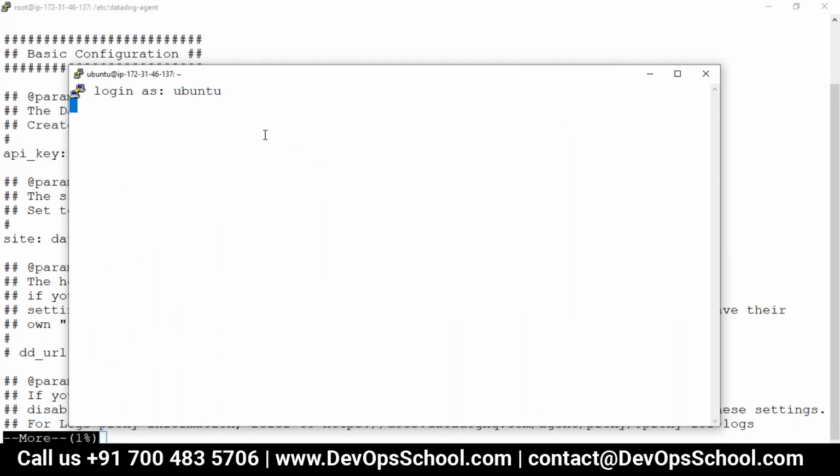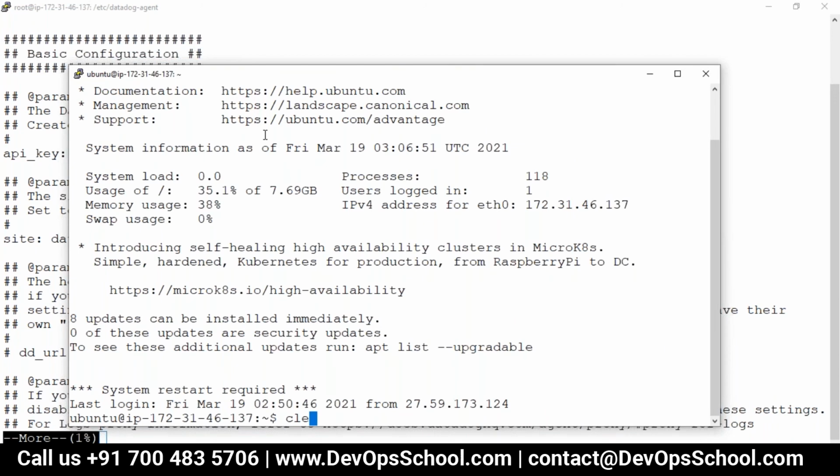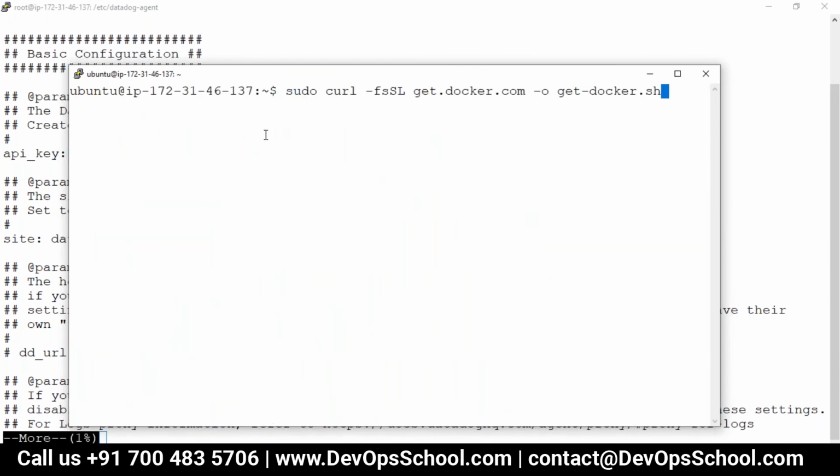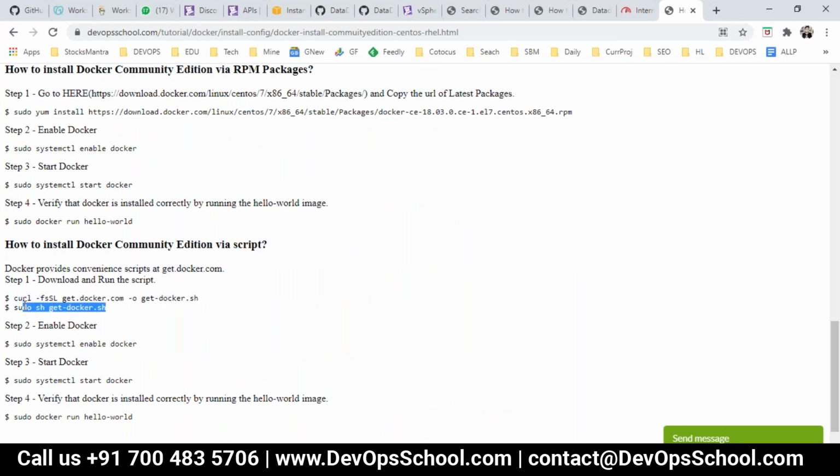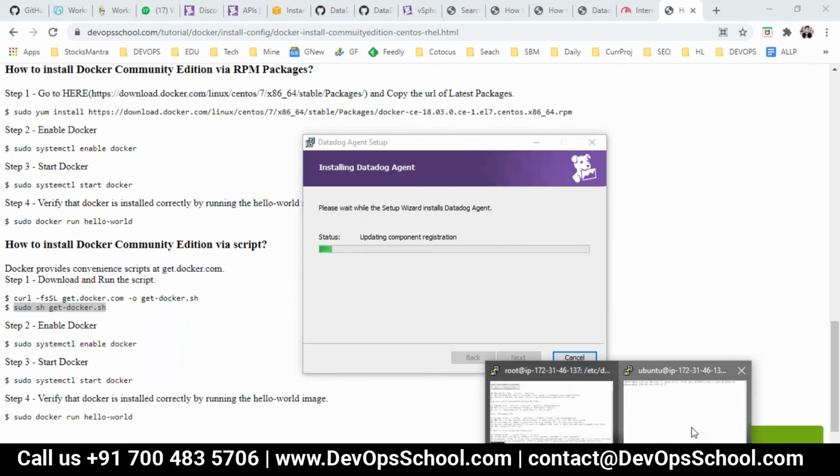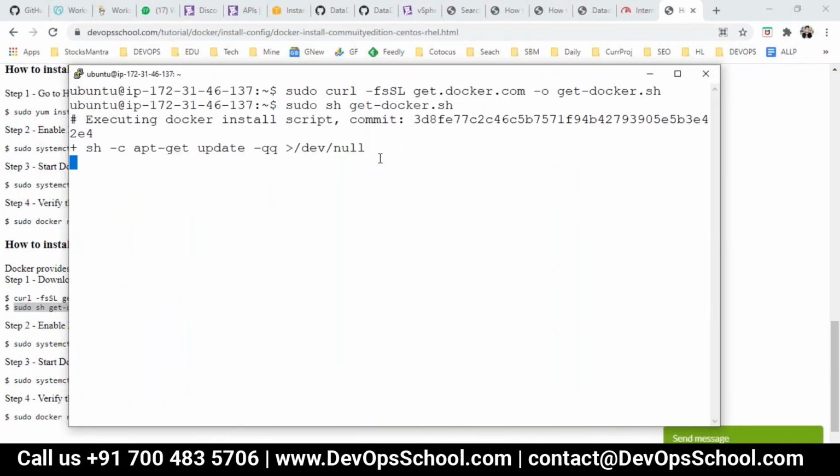Ubuntu, sudo. So now Docker is being installed.